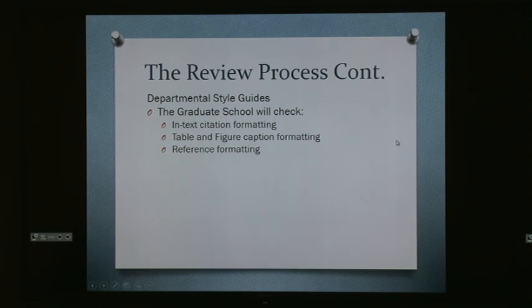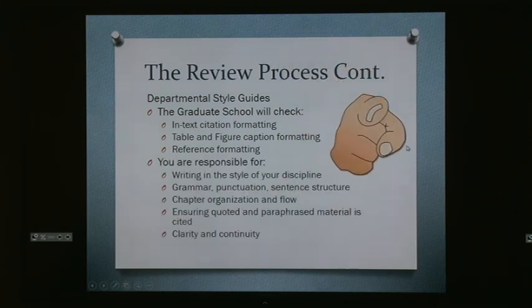All right. So I will be checking in-text citation formatting. This is regarding your departmental style guide, APA, ASA, CSE. This is what I'll be checking: in-text citation formatting, table and figure caption formatting, which really only APA and CSE have specifications on, and then reference formatting. I am familiar with all the style guides. I am not an expert. People tend to think I am. You and your committee more so should really be the experts in how these things are supposed to be formatted. They are writing and working in that style and in that discipline, so if anybody, they should be the experts, but I am here to help if you need.